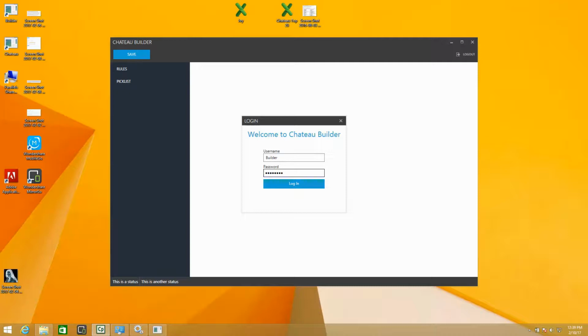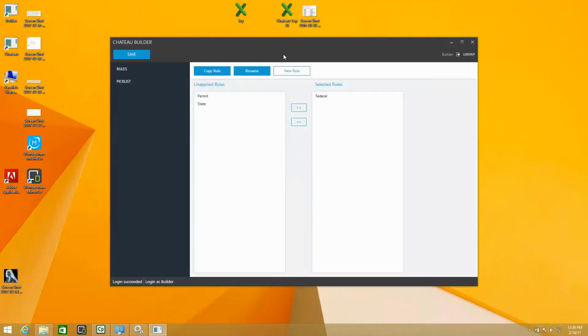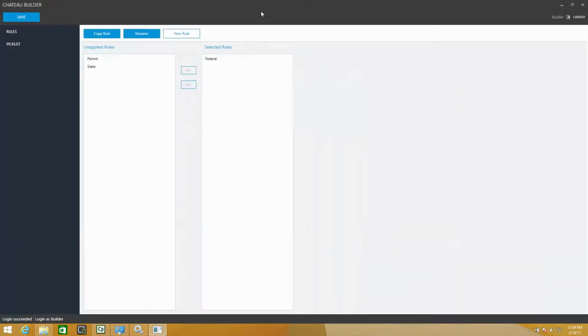You are backstage in the builder, so access is restricted to just the person classified as the builder, who has a special password. So now we're going to log in. We're going to expand, and we're going to notice that the builder is divided into two parts, rules and pick lists. In this exploration, we're going to focus on the pick list, which comes preloaded with a full array of